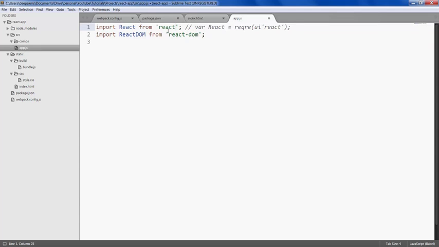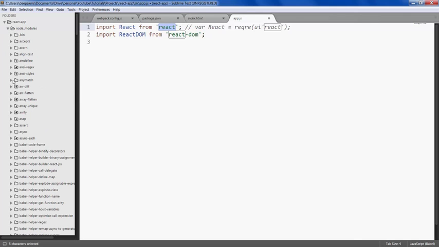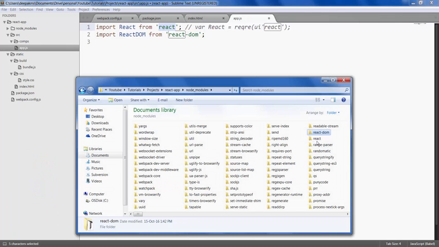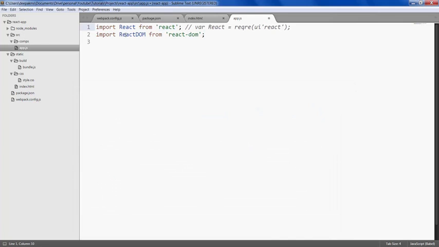Now you must be wondering what React here is. React here refers within node modules. This is the file that it refers to. It traverses to node modules and picks up these relevant files from those relevant folders. Okay,